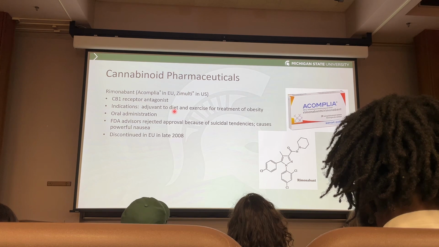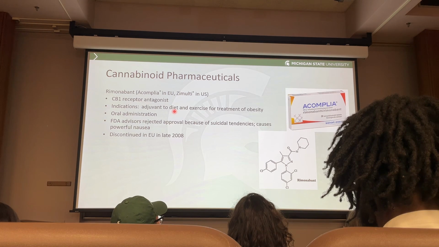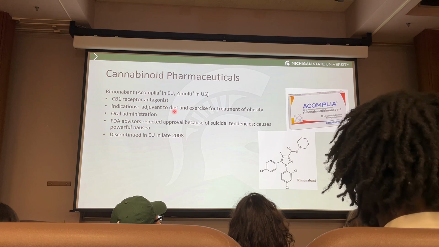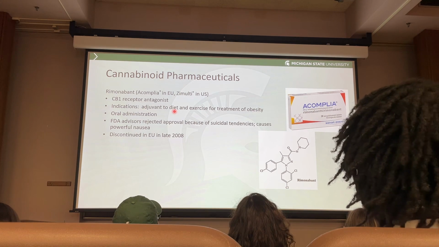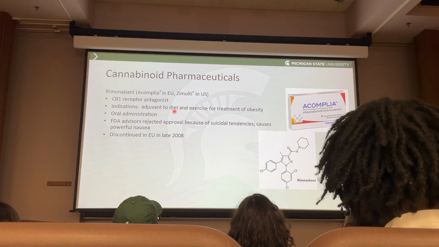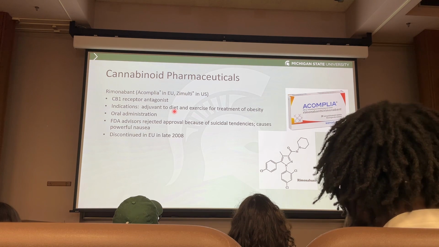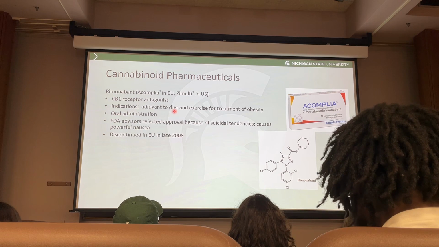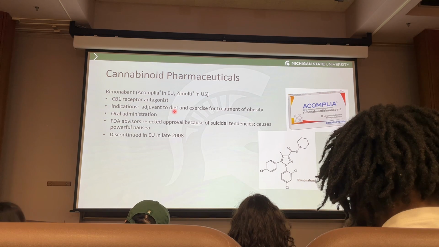So if you remember talking about how the brain can produce orexin for feeding, CB1 will stimulate all of that, so orexin is released and causes people to eat. If you block the CB1 receptor is the thought, then your brain won't be producing orexin and you won't have feeding behavior or won't have a drive for it. However,